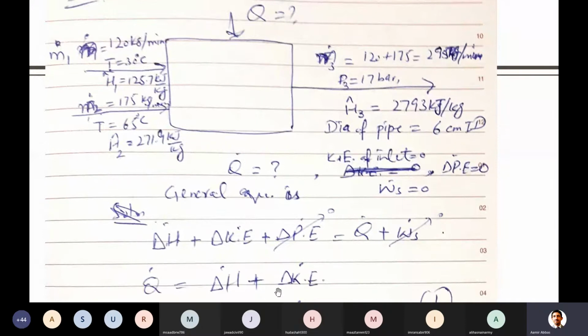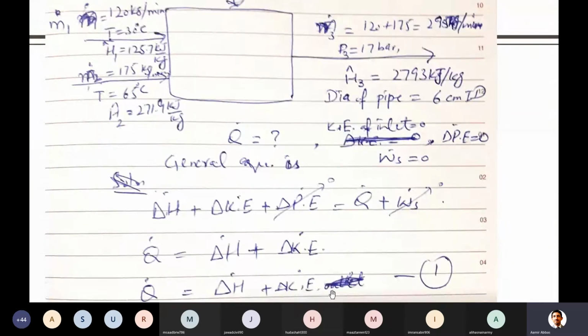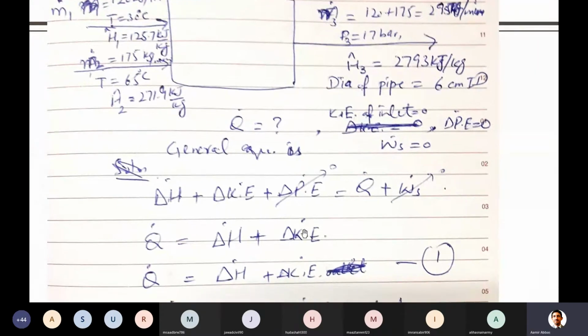And out of this, the change in kinetic energy is equal to the kinetic energy of output streams minus input streams. As already mentioned, for input streams the kinetic energy you have to ignore, so it will be the kinetic energy of output streams. But overall, what you have to find is Q. This you are supposed to calculate, so there are two terms to evaluate to solve this problem, and they are simple: you have to find the change in enthalpy of these contents getting in as well as out of the system.